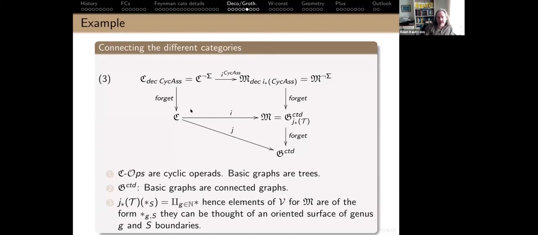Then I have this map down here. There's the inclusion. And the first interesting thing is that if I push forward the trivial thing, I get exactly an operad here on the connected thing, and that's the genus marking. If I decorate with that, that's what I mean by for free. You get modular operads for free. So the genus marking is just the fact that you have trees sitting inside connected graphs. You push forward, you get that.